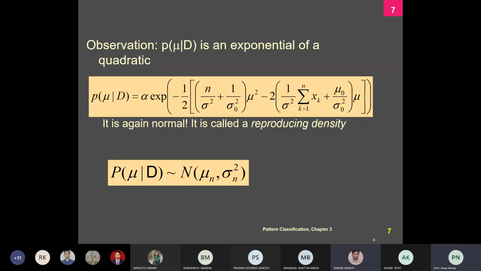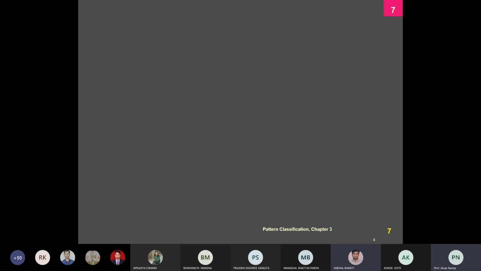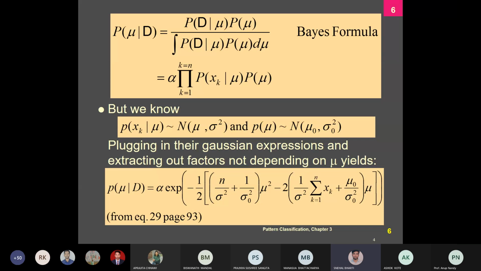Hello, sir. Yes. Can you move back to the last slide? This one. Yes, sir. From the first line, how does that alpha factor come up? I didn't get that part. No, the alpha factor is not coming up. We are just assuming it. So this denominator term here, we are going to use it.